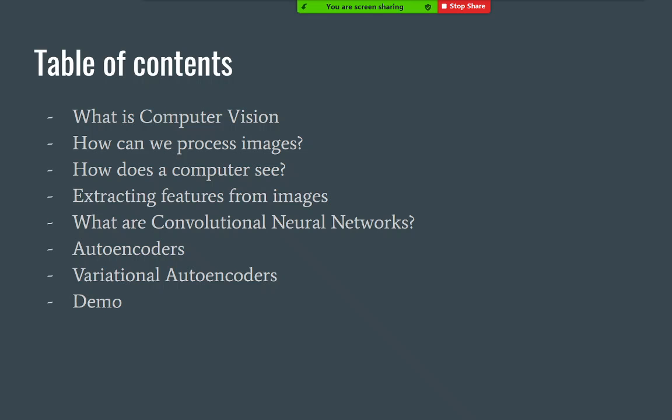Then we're gonna talk about how those basic concepts actually translate into convolutional neural networks, because while they might seem difficult to understand at first, they're made up of just a few very simple concepts that are working together in a certain way. Then we'll talk about autoencoders, which concern themselves with how the computer represents the data,